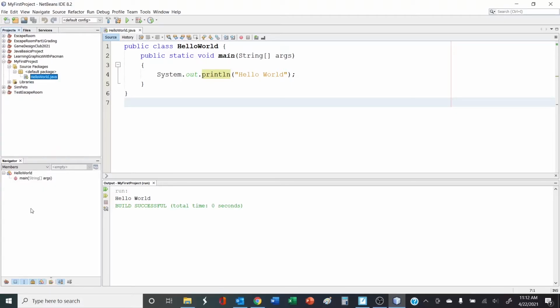Down here is a navigator. This is going to show you the Java file and all of the methods within it. Now, this main is called a method. As you can see, it's showing that method down here. However, if I wanted to show something a little more involved,